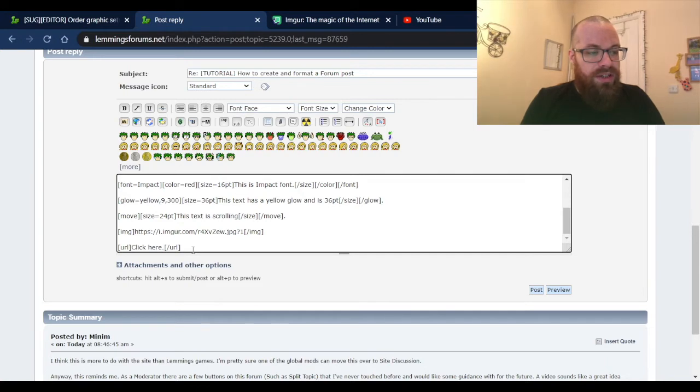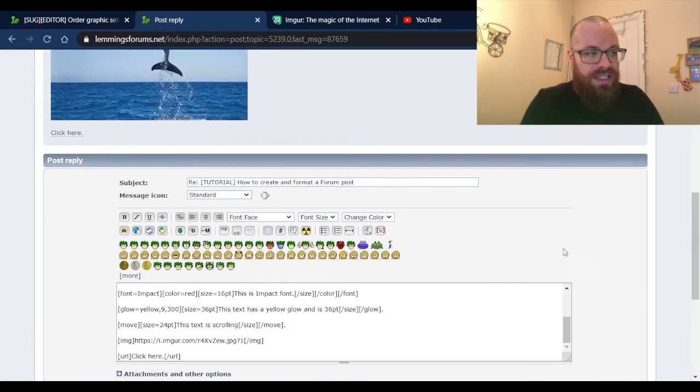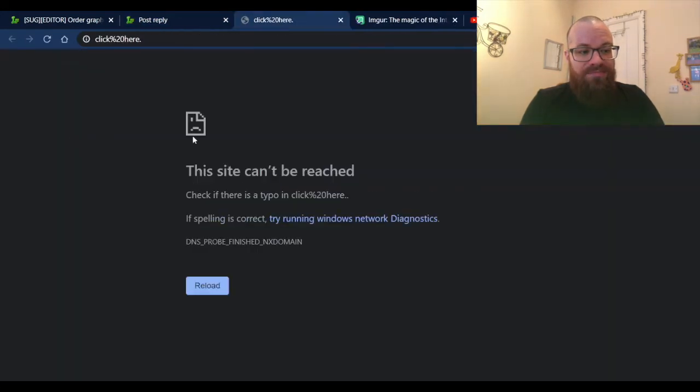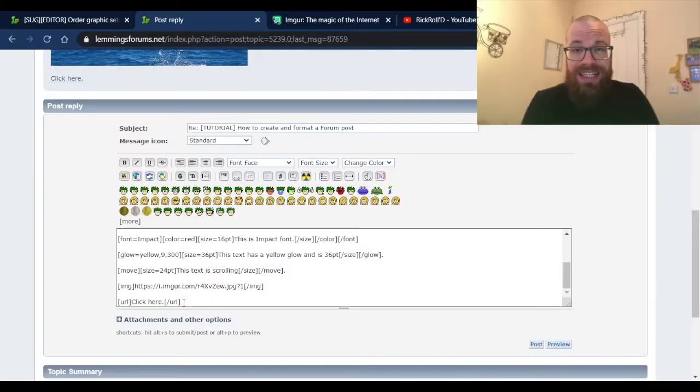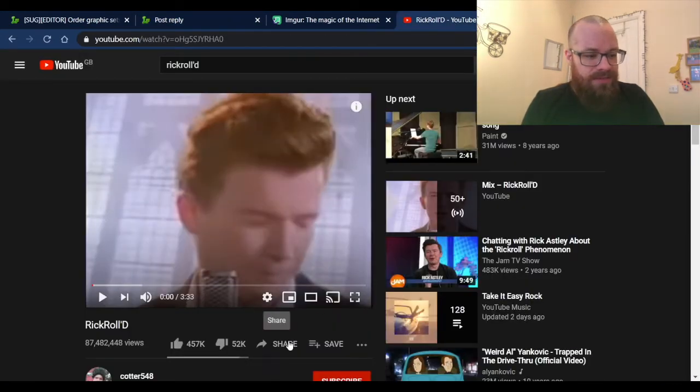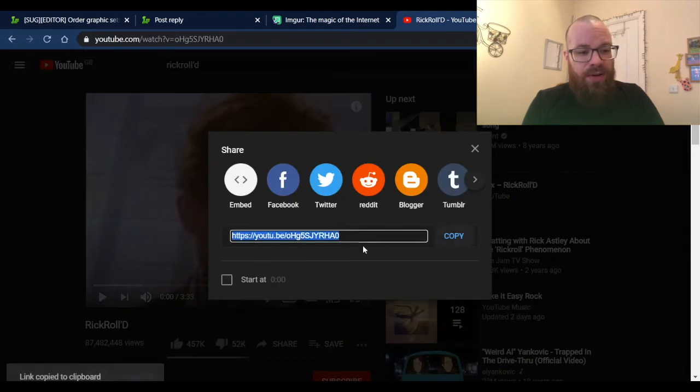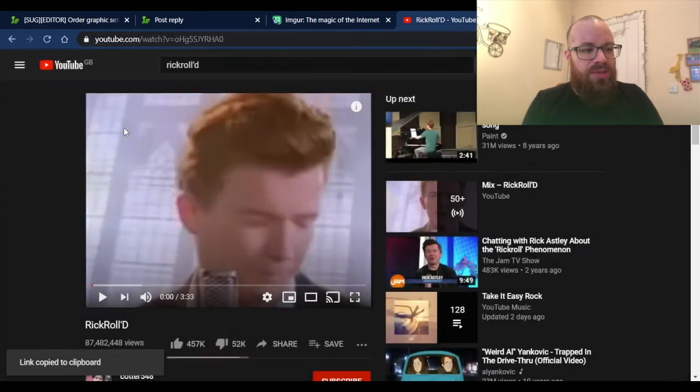And then what we can do is, if I press preview, you'll notice that it has turned that text into a hyperlink, but if I click it, nothing happens. And that's because we haven't actually put the URL in there yet. So we need something to link to, so I'm going to go to YouTube, and we're going to get the Rickroll video. And I can either just copy straight from the bar at the top, or you can go to share and then copy the link there if it's on YouTube, and most websites have options for sharing the links